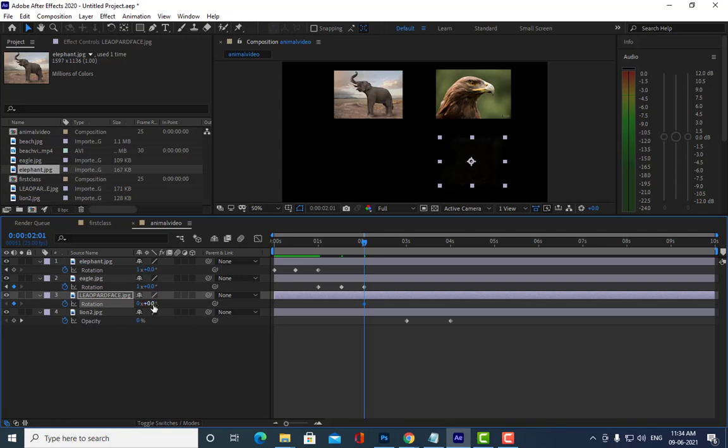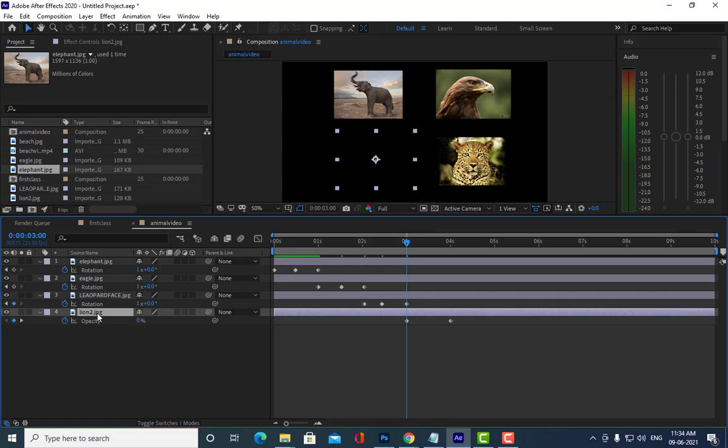Stopwatch, and then we will keep it like this, 180. Then we will come to the center point and put 270 here, and then we'll come back here and say 360. Like this.